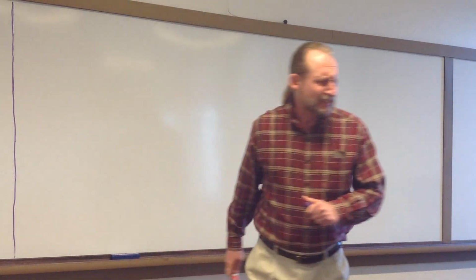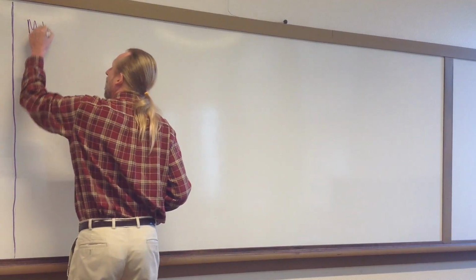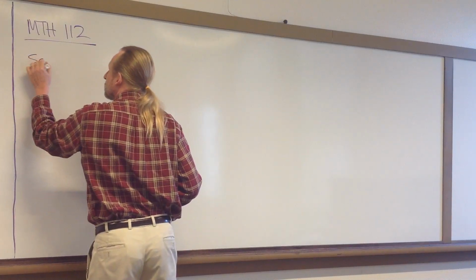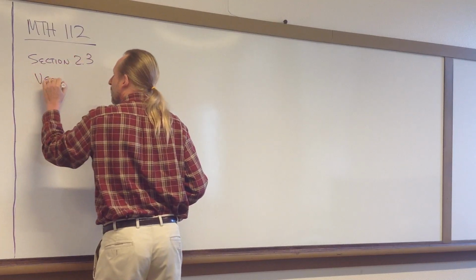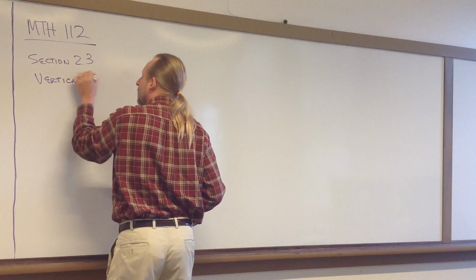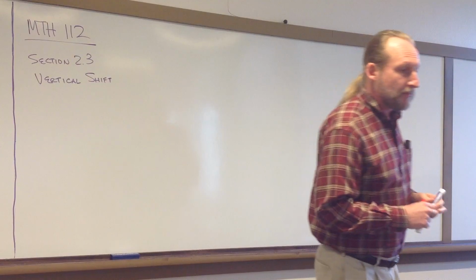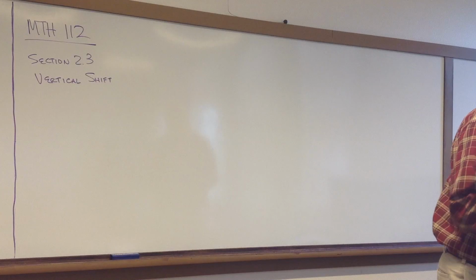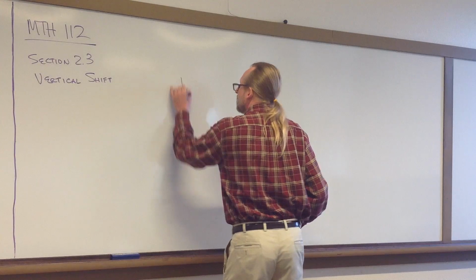Well, this video is for Math 112, and this is for section 2.3. And so we're going to add another wrinkle to our discussion of graphing trigonometric functions. This one is frequently called vertical shift or vertical displacement. So the concept here is, I'll use the example that's on page 73 in the textbook, where we look at